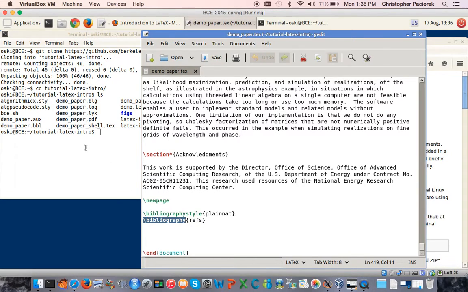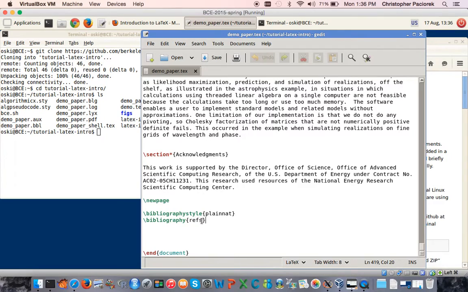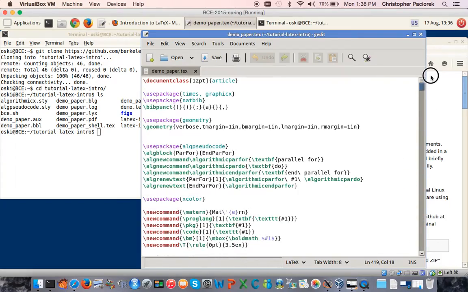That's another document that we can see appearing over here in the tutorial materials. In this case, by convention in LaTeX, you don't actually include the .bib suffix of the file name. You just include the body, the main part of the file name. And then your document has to end with \end{document}. So those are the main components of a LaTeX file.